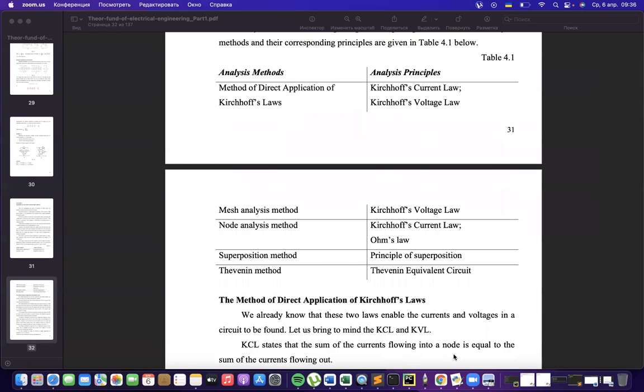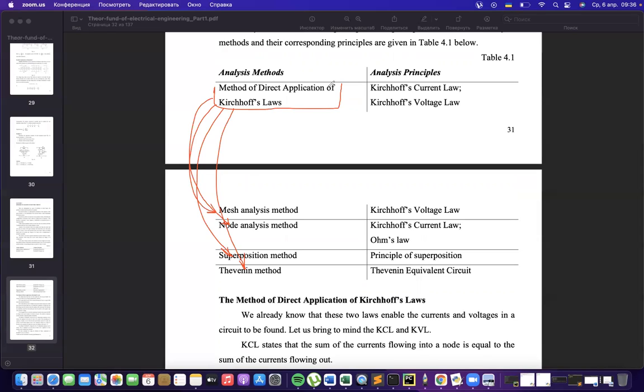We have the main straight method, so-called direct application of Kirchhoff's law, and mathematical transformation of this method in a couple of ways. The direct application of Kirchhoff's law is